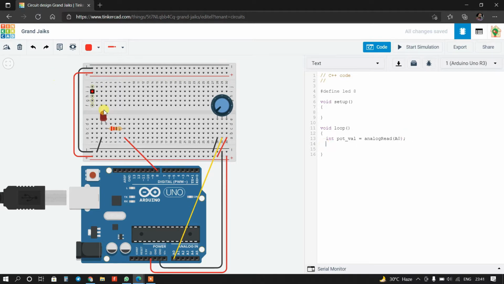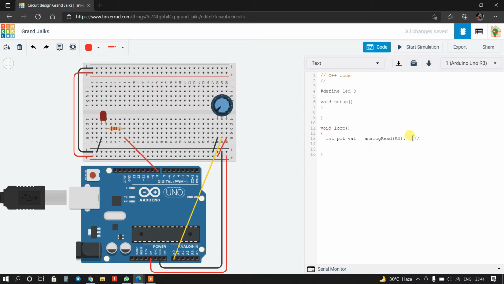now I want to glow this LED. So its brightness will depend on analog value. If I will rotate this potentiometer, then its brightness will increase. Okay, so one thing, Arduino supports 10-bit ADC and 8-bit PWM. So its maximum value will be 1023, right?